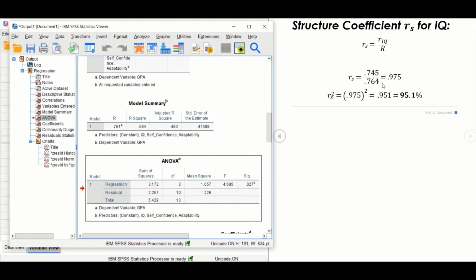In order to interpret this value in context, we square it first, which gives us a value of 0.951, or about 95%, for the squared structure coefficient for IQ. Now we can use this to say that about 95% of the variation in dependent variable scores that was explained by the model was accounted for by the IQ variable. This is a pretty high value, which tells us that IQ is probably a significant predictor of GPA based on